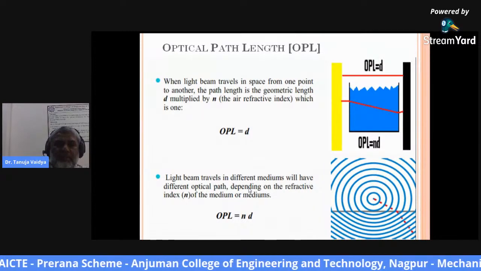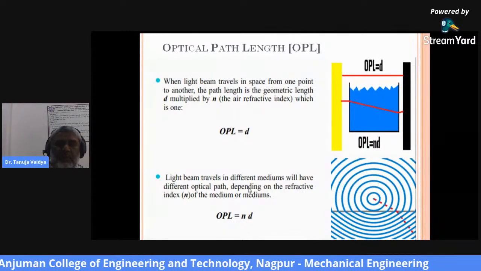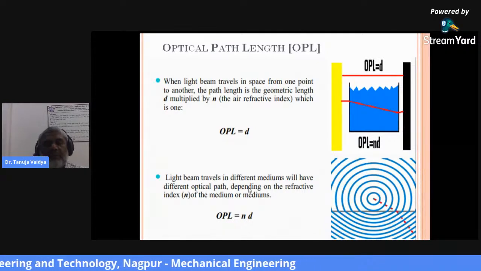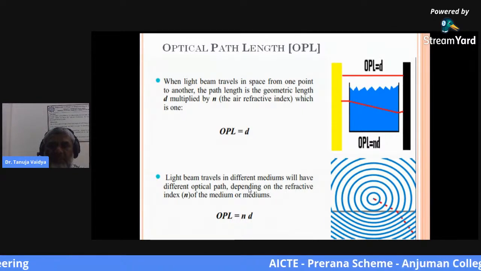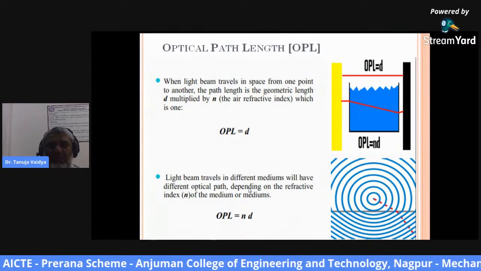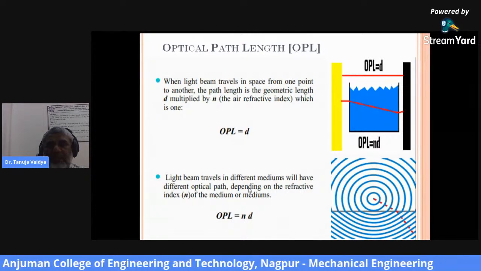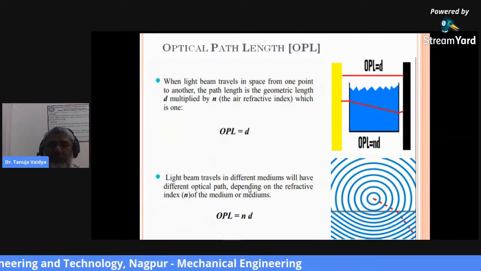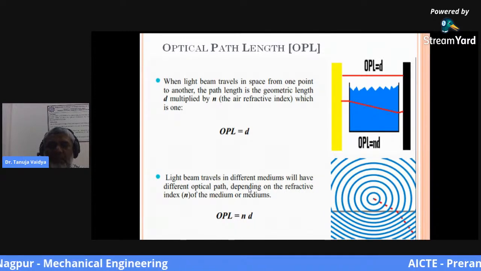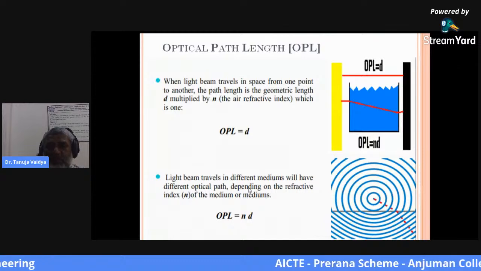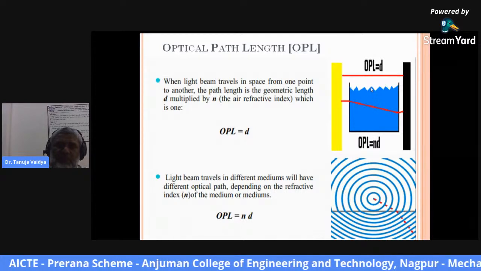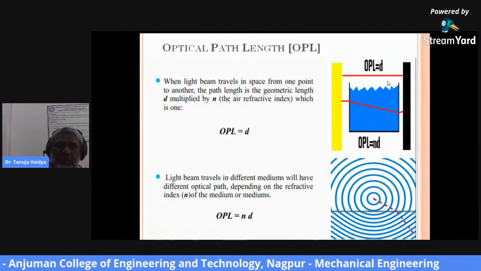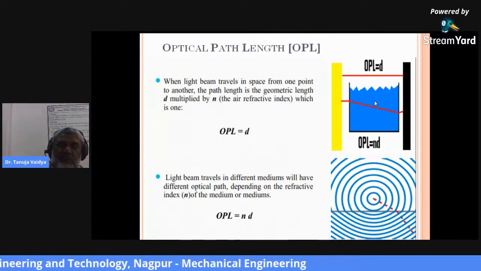Now, some other terminology is also used with optical interferometry. One is the optical path length. What is optical path length? When a light beam travels in space from one point to another, the path length is the geometric length d multiplied by n, that is the air refractive index, which gives you the optical path length. So optical path length is nothing but n into d, which can be seen from this particular figure. The distance between two points and the air refractive index between these two points will provide you the